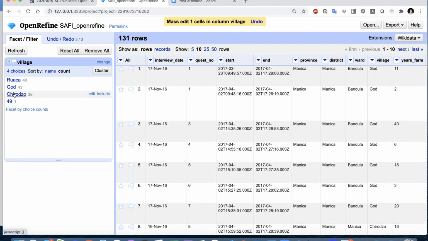And now it grouped it with the other one. So now I have only 4 possible values for village. I can't do anything about the 49 right now. So